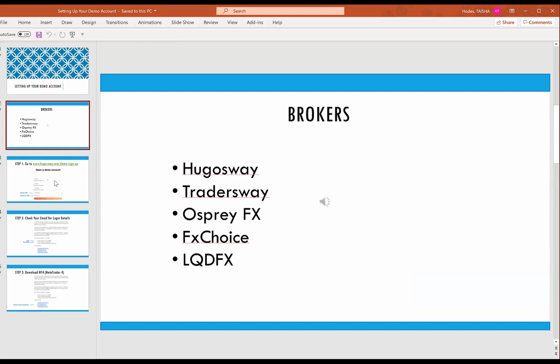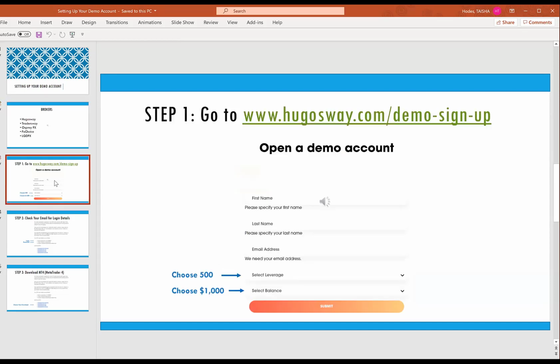If you choose to use a demo account with Hugo's Way, and by the way, Osprey FX and Hugo's Way have literally the exact same screens, so all of these screenshots apply to Osprey as well. Here's the URL I want you to go to. If you go to hugosway.com, you'll more than likely end up setting up a real account by mistake. It's not very clear how to go the demo path. So just go to this URL,